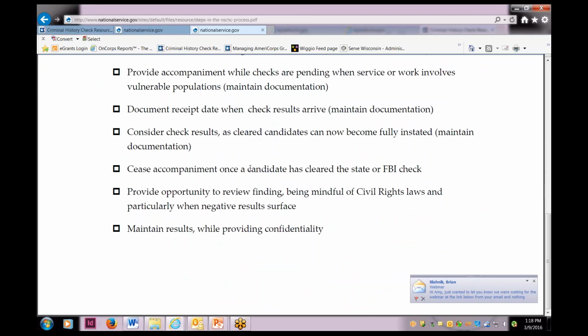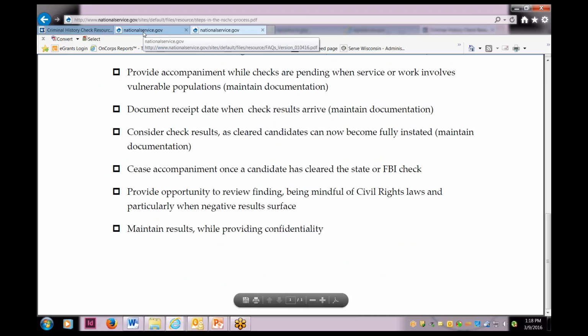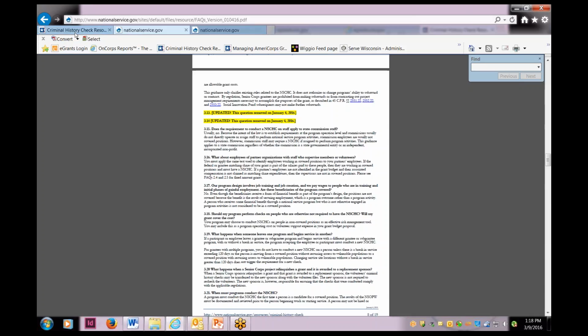Again, I just want to let you know that Serve Wisconsin does require that you do the criminal history or the Wisconsin Circuit Court check in addition to what's on this list. Because this is from CNCS, we would not have that on there.